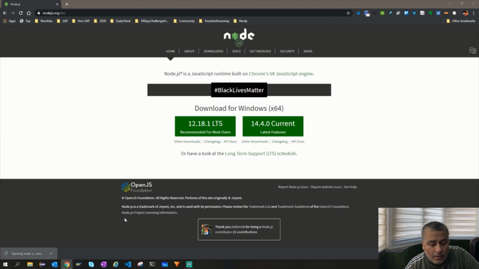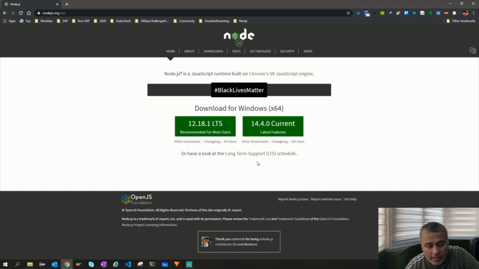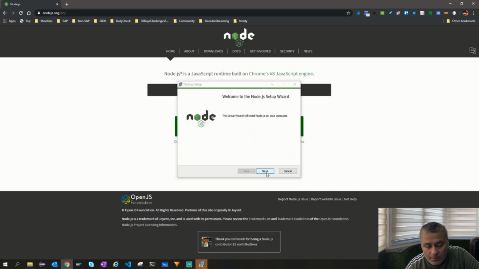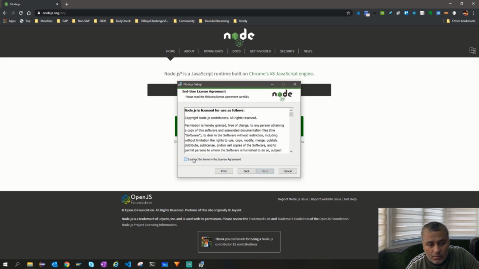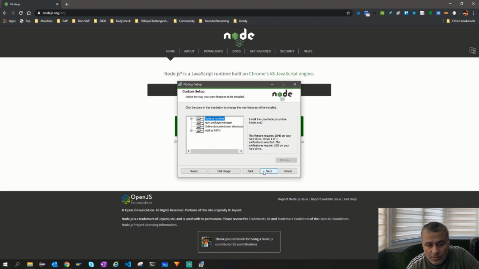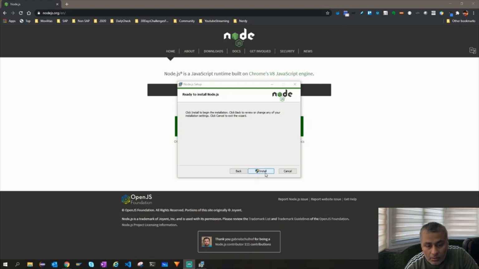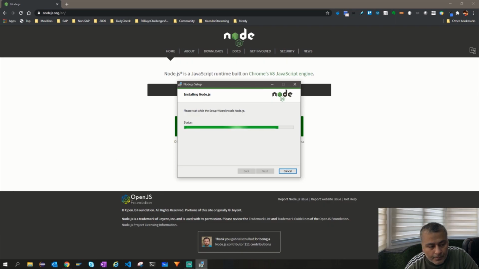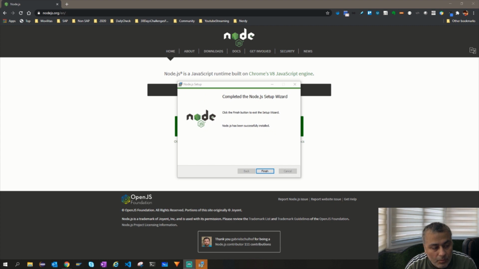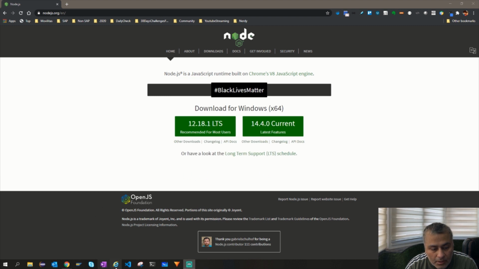Once you click, all you need to do is open the installer like you normally do for other software. So you just say next. Leave it, we'll talk about the npm package manager later. I don't want to install additional tools, so let's just say install. Now it is installed, and all you need to say is finish. And then let's open our